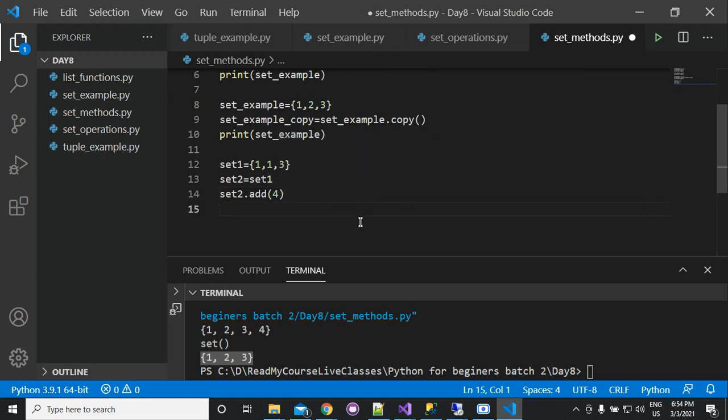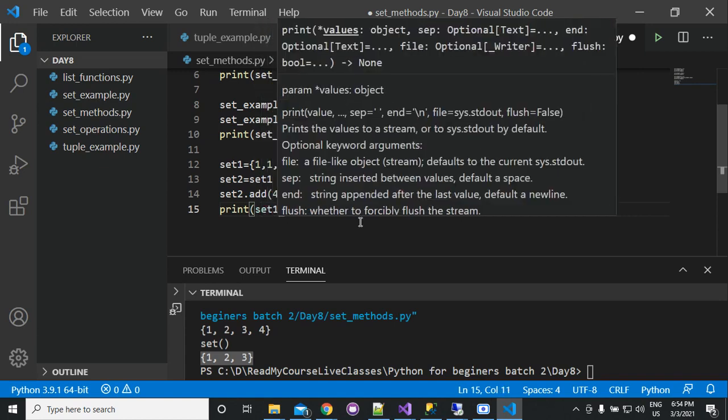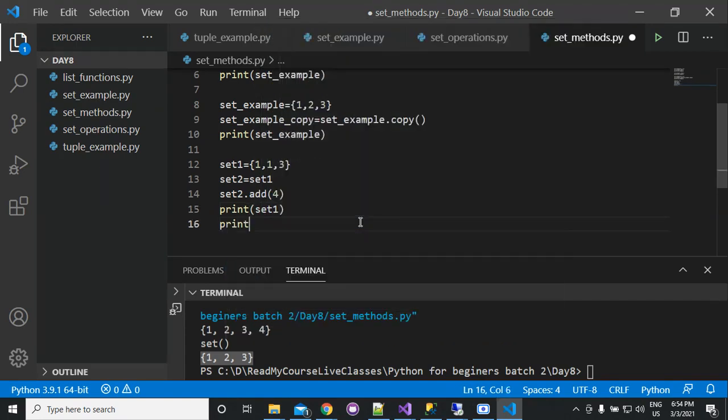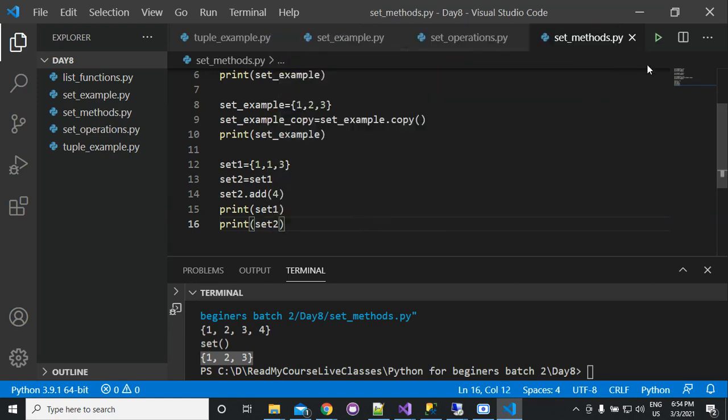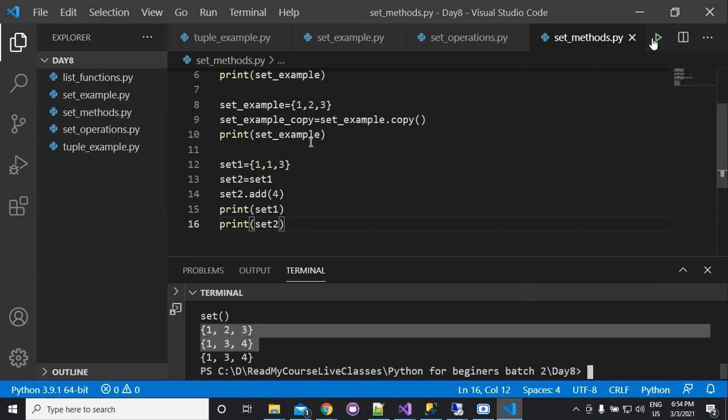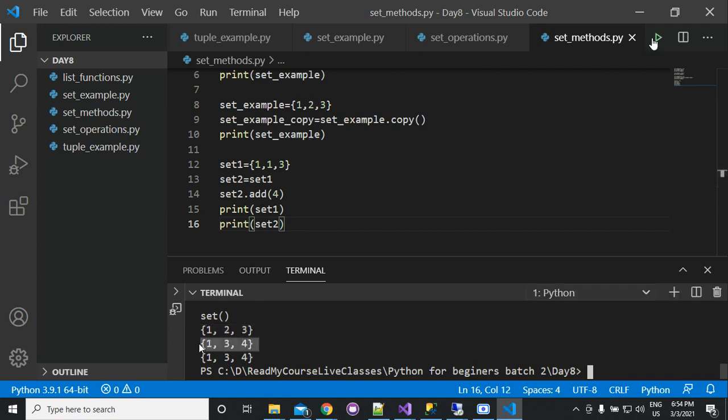We have added 4 in set 2 only, but if you print set 1 and print set 2, then 4 will be added in both sets. You can see that set 1 is 1 3 4 and set 2 is also 1 3 4.